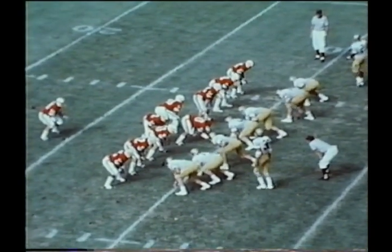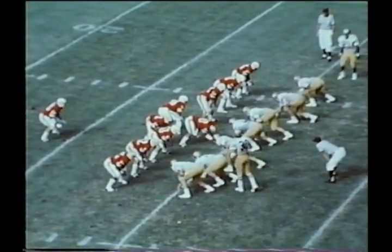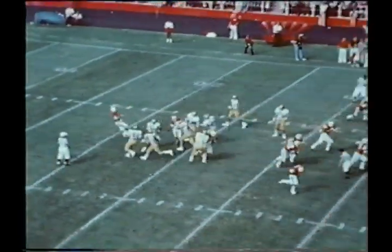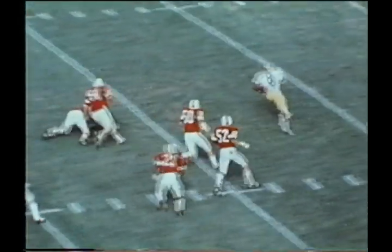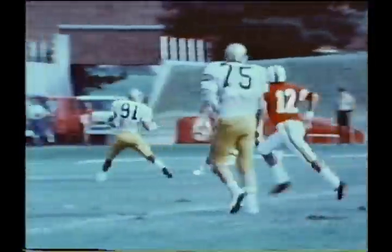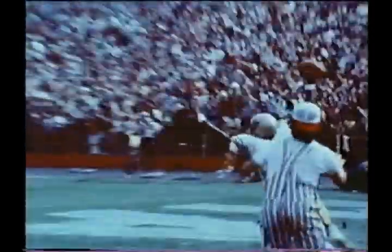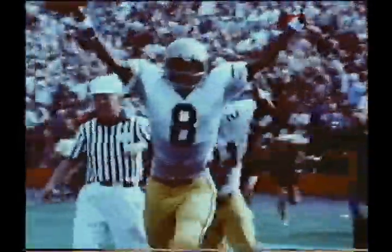Probably the most exciting play of the year came against Maryland, when with 6 seconds left in the game and West Virginia trailing the Terrapins, Danny took this punt, changed his field, and took the ball 69 yards for a West Virginia victory. This is the type of play that earned Danny All-American recognition and led him to be chosen West Virginia's Amateur